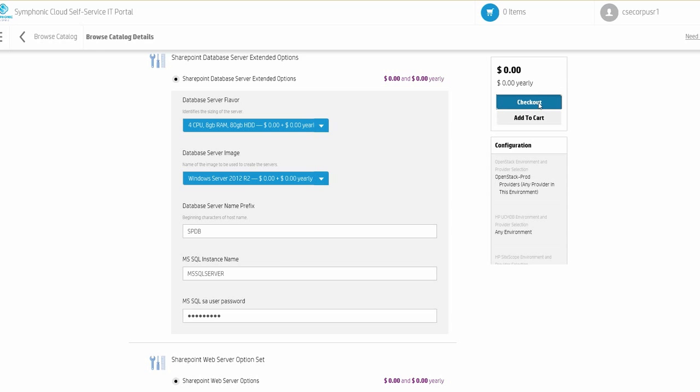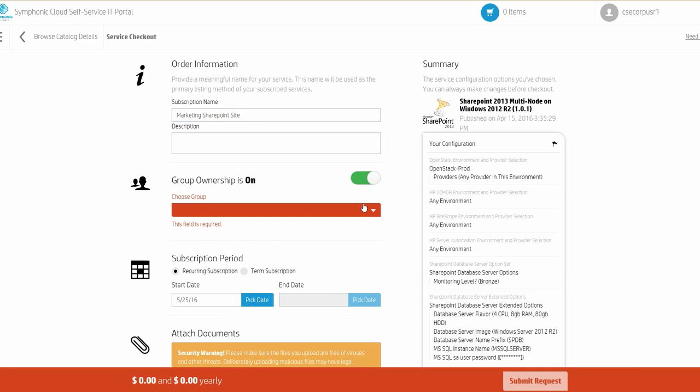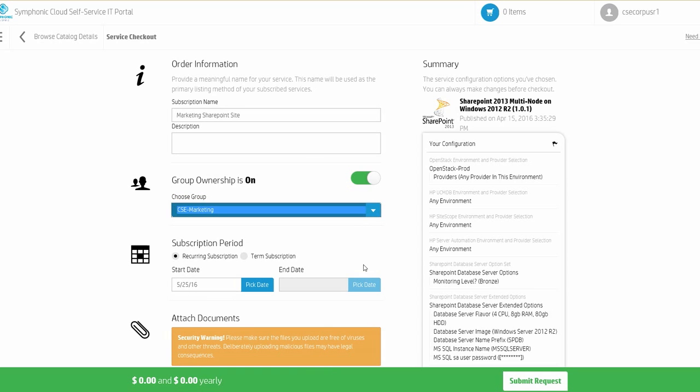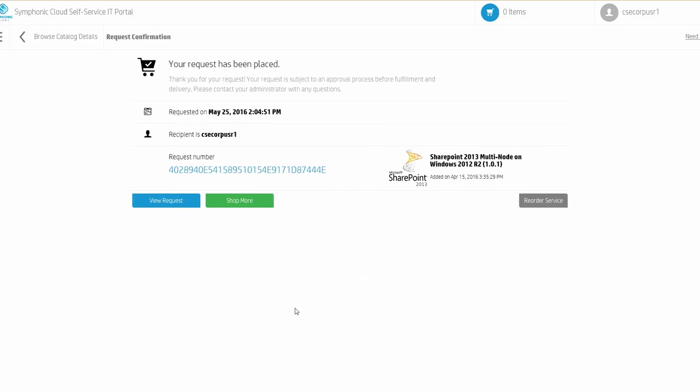choose to check out. On the checkout screen, the user can give a descriptive name to the service being deployed. They can also choose to give access to anyone in their LDAP group. They can select whether the deployment is perpetual in nature, meaning it will run until it is manually canceled, or that it has a hard end date to ensure deprovisioning in a set amount of time. The user then clicks the Submit Request button, and in the background, the real value of Symphonic Cloud begins to